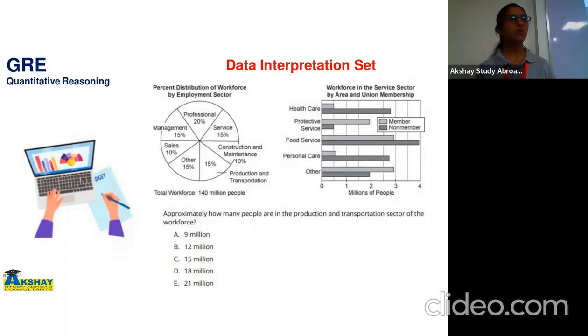Okay, so at the time of reading, check what the data exactly represents, for what that data is given, and the units given in that data. If values in data are given in percent, then what is the total amount, total quantity? If it is services for 15%, it doesn't mean 15 is the total service amount, right? For that, you must know the total number of workforce or total amount it is given for. And again, if the data is in the form of X and Y axis, then you have to check what the X axis exactly represents, what the Y axis represents, and obviously their units are important.